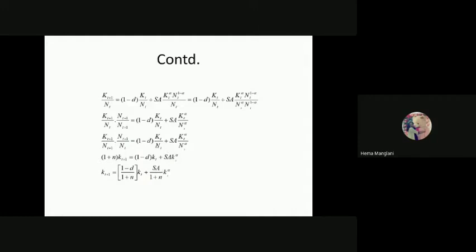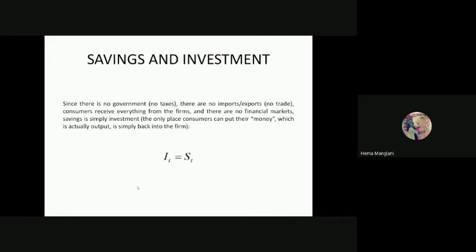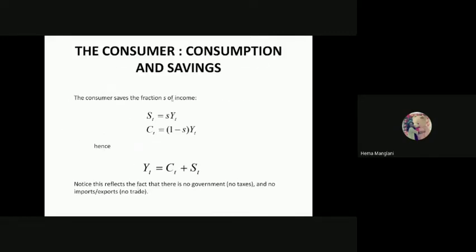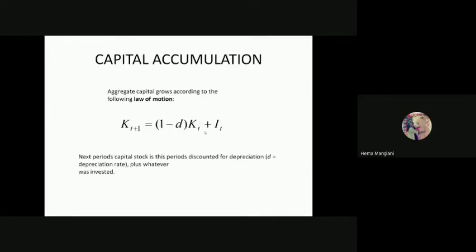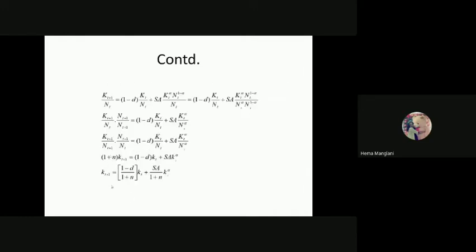Now from this capital accumulation we need to reach the steady state situation. And we all know what the steady state is, because we are talking about S star, S in time period T, C in time period T, Y in time period T. So all the variables will now be converted to S star, C star, Y star, and also K star. I'm talking in the per capita form. It means K is also small k, S is also small s, C is also small c. So these are all per capita analysis, and we got this per capita capital accumulation.